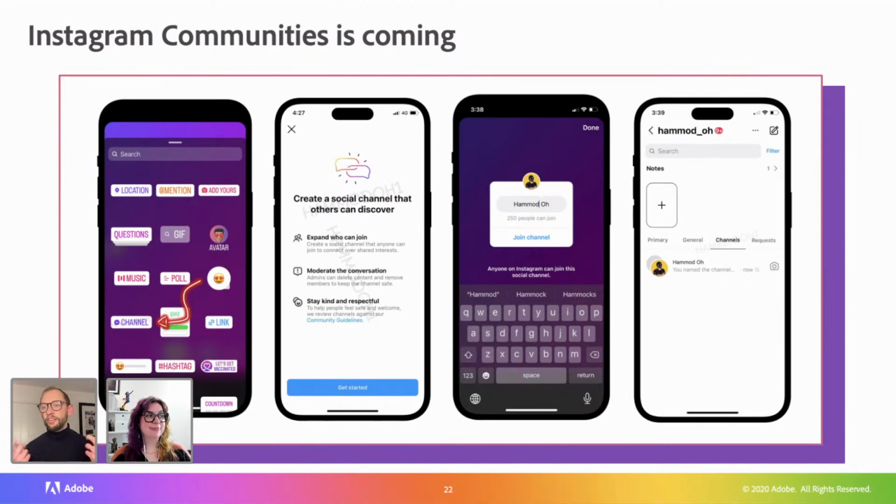It doesn't have the same rigor as Facebook, as I'm sure you can imagine, but considering we all have communities on Instagram that we would call our communities because they're our followers, this really allows us to put our arms around that core of super engaged followers. So you're the community person out of us two, even more so than me.